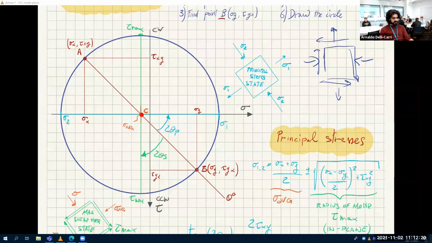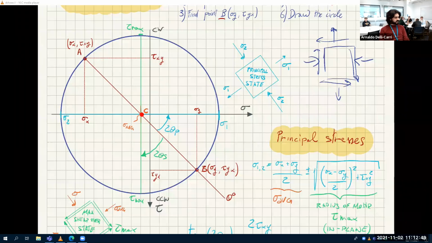You do agree with me that this is a radius? And so this is also tau max. This is also a radius, so this is also tau max. So sigma 1 is not a radius, see, because the radius here is this. So sigma 1 is the average stress